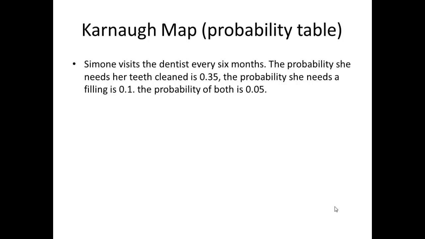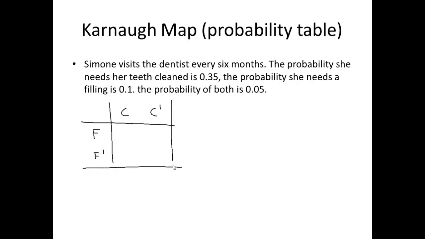Here we go. Simone visits the dentist every 6 months. The probability she needs her teeth cleaned is 0.35. The probability she needs a filling is 0.1. The probability of both is 0.05. So what we're going to do is draw our probability table. We're going to say clean, not clean, filling, not filling. These are our possibilities, and each of these represents